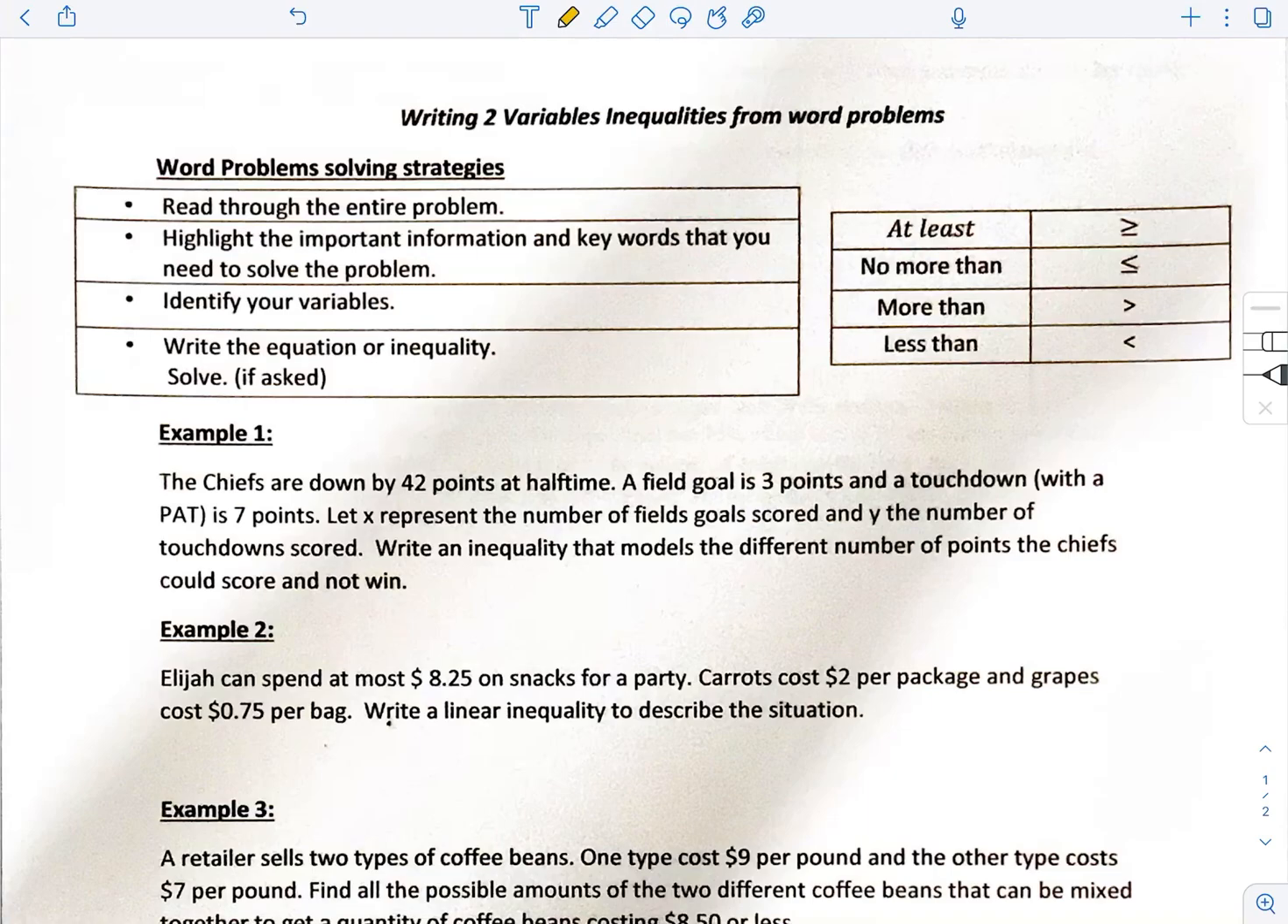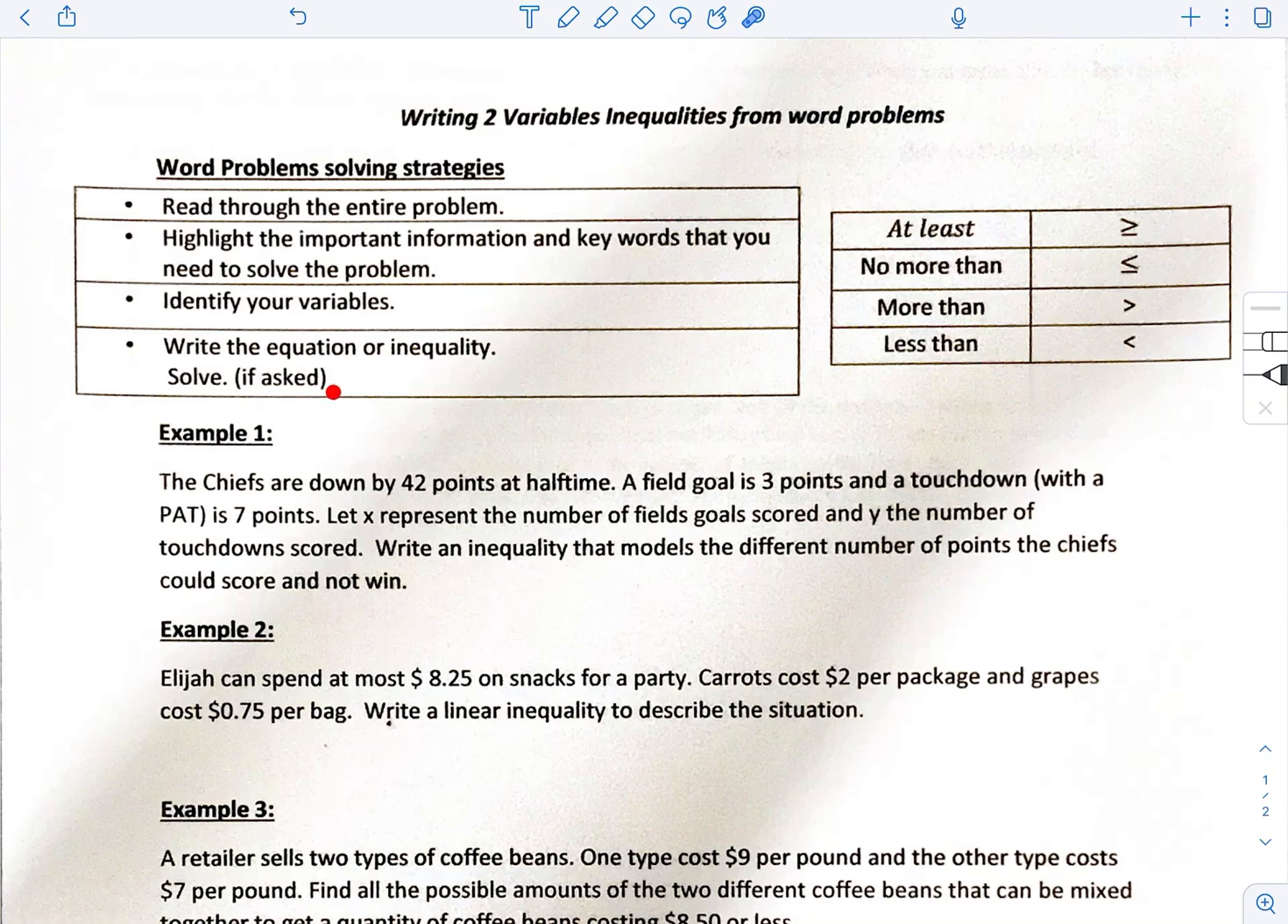All right, guys, today we're going to talk about writing two variable inequalities from word problems. There are certain strategies that we want to use when we're solving a word problem in general, but even with inequalities. Of course, we want to read the entire problem and highlight the key words that we need in order to solve the problem. Then we want to identify the variables, and then write the equation or inequality and solve if that's what's needed. Sometimes we'll just be told to write an inequality and not to solve, but pay attention